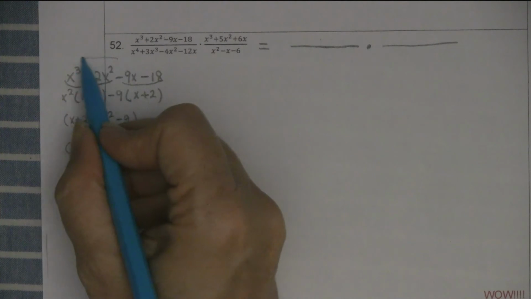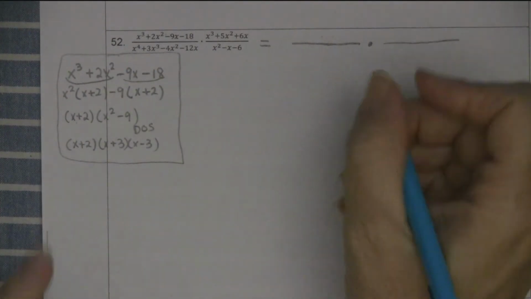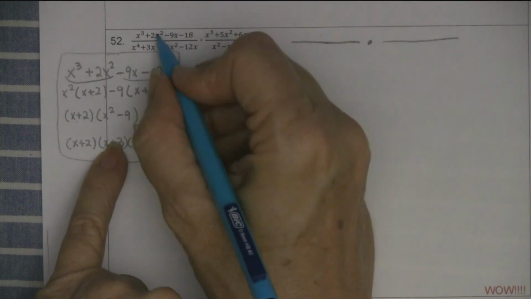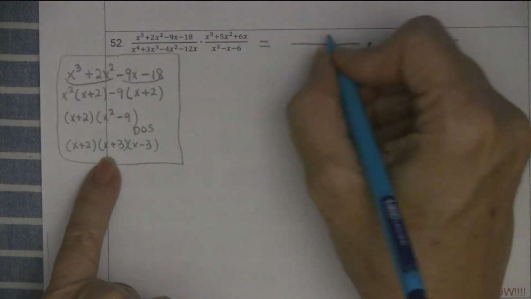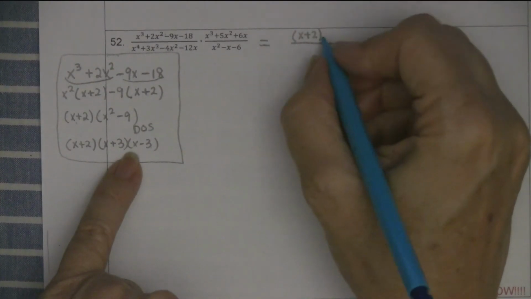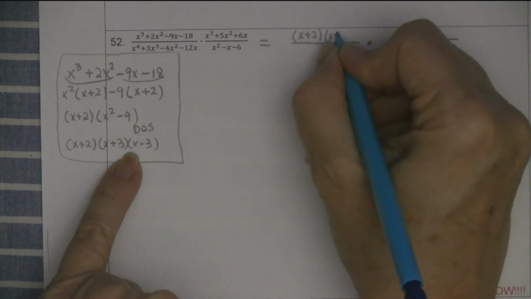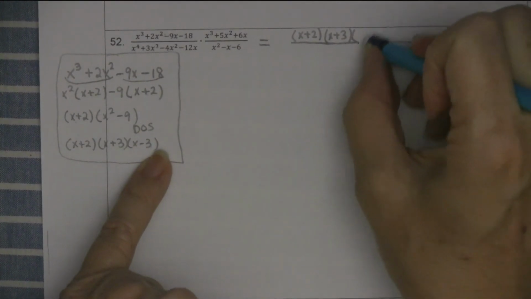Okay, so that's my work for the numerator. And I'm going to put the result right up here in the numerator. So this is this numerator, and I'm going to put the result, how I factored it, right up here. So it wouldn't cancel before, but now that I broke it down into 3 binomials,